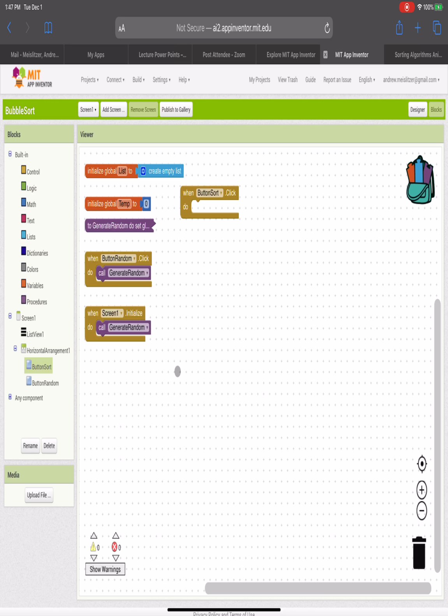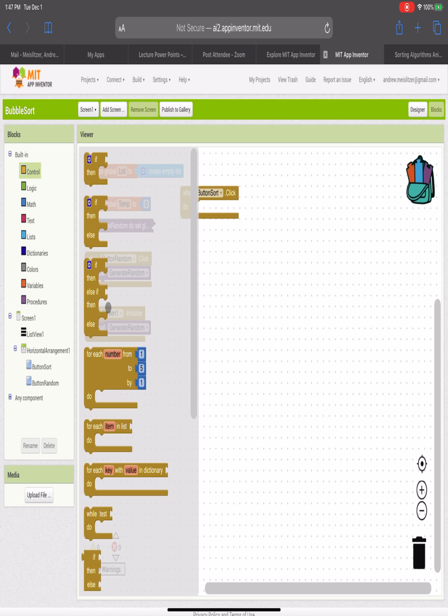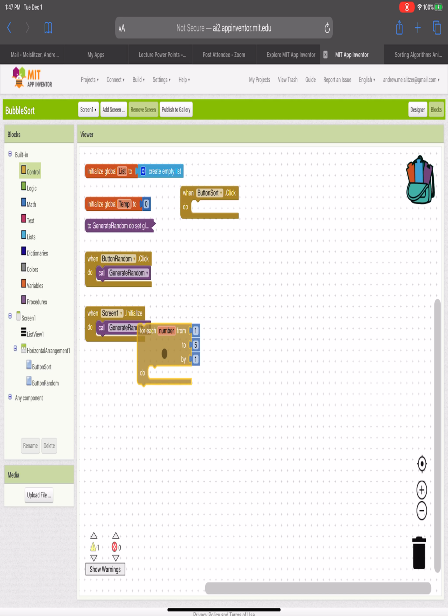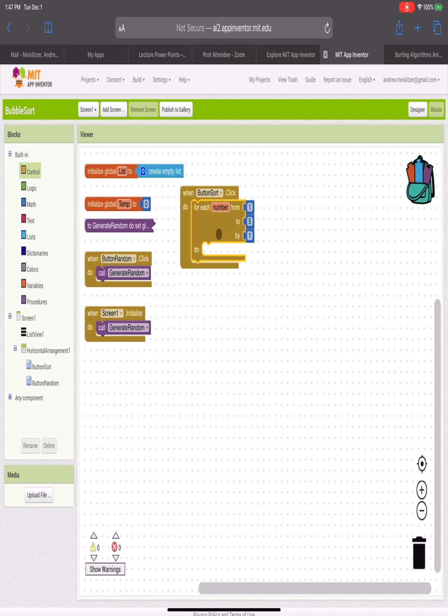So in order to do that, what we're going to do is start with our button sort here, and I want to create the first outer loop. So I'm going to grab this for each loop right here, and we're going to plug this in. All right, so for this we're always going to start from index 1, because that's always the first item within the counting, the numbers, the list, whatever it is that we're working with. But for the 2, we're going to get rid of that,